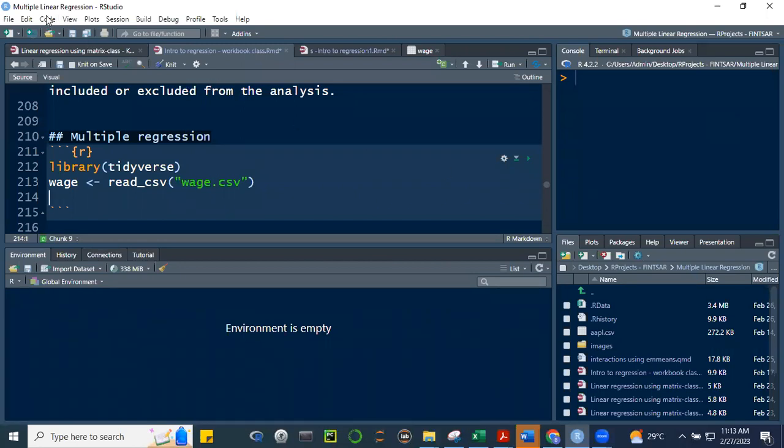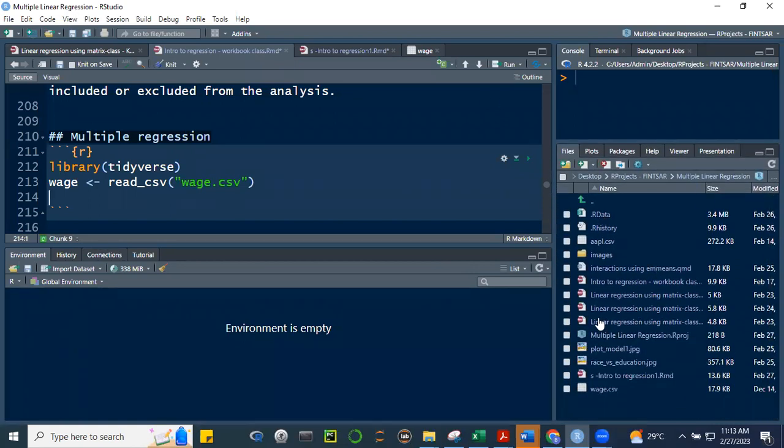We created this project last time, multiple linear regression. And in this project, you have the files that we have been working on. Included in that is the wage data set. So it will be very easy for us to access this data set. Okay, you just make use of the